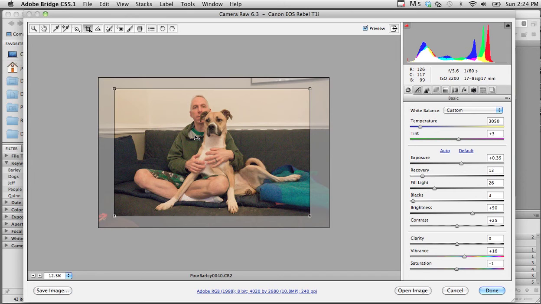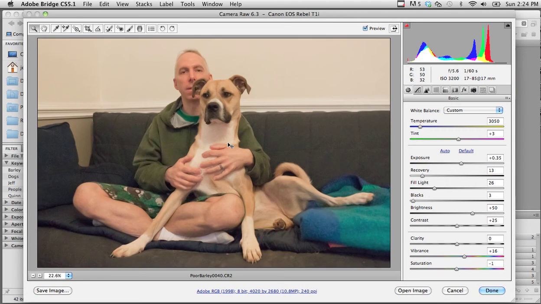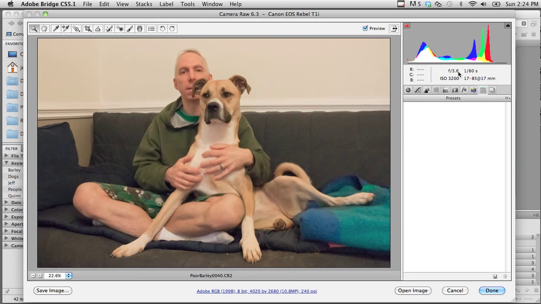And I will save this. Camera Raw data automatically will be saved with this image, so it'll want to open up the next time this way, crop this way, but I can always go back and rethink that cropping if I want to. So I'm saved, I'm protected, my original image will always be there. Alright, so I double clicked on it to apply that crop,